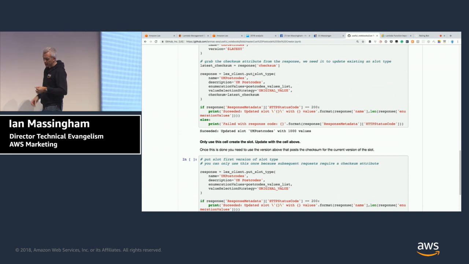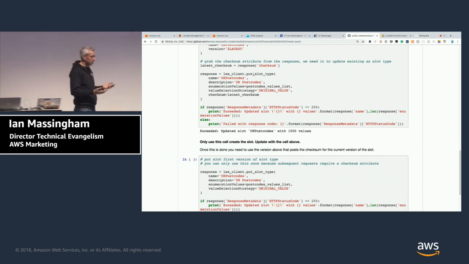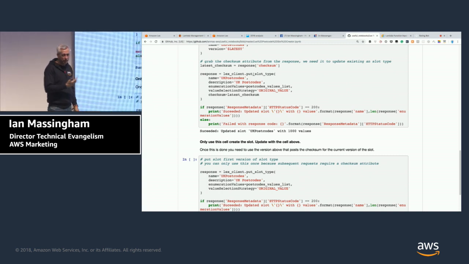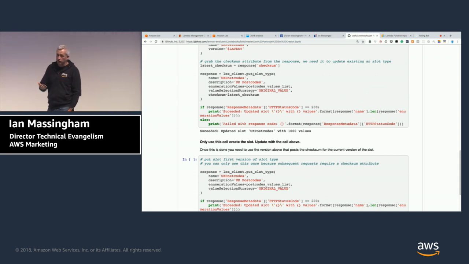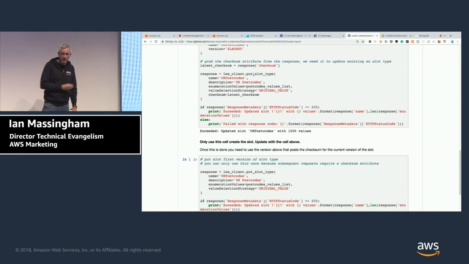So the key takeaway here is you can programmatically manipulate these bots using AWS SDKs. In this particular example, I'm using the Python SDK inside a Jupyter Notebook, but you could quite easily build the same kind of thing into a data pipeline using Java or Scala together with Spark, or into your own custom web applications using our Node.js, Go, or .NET SDKs at the back end. You can manipulate the language models programmatically using this kind of tooling.